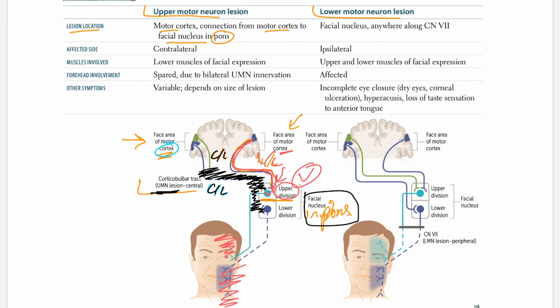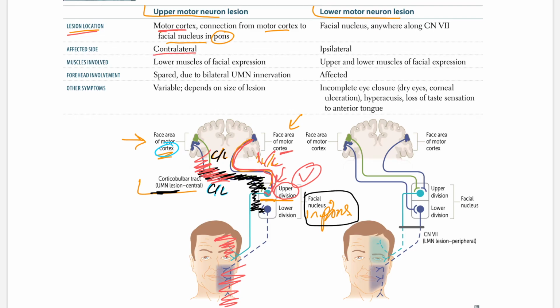Now let's read when I fire. I hope now when I read, it's going to make sense. So the lesion is, again, at the motor cortex. It has to be above the facial nucleus in the pons. It could be anywhere here. Okay. Now the affected side